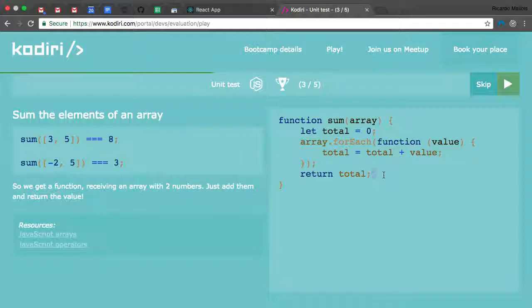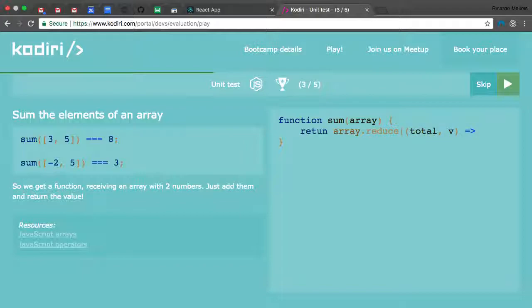So to me, this will work, right? And I'm going to show you how we will do it. I will just return it straight away. So what do I want to return? I want to return array.reduce. So then I will get the accumulator or the total if you want, and then the value. So then the only thing we need to do is the original total will be 0. So then we need to return total plus